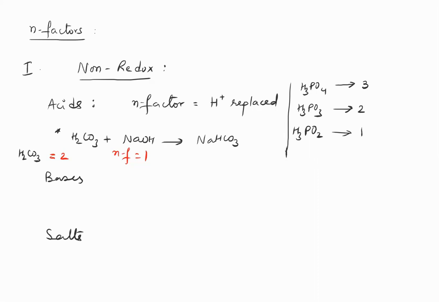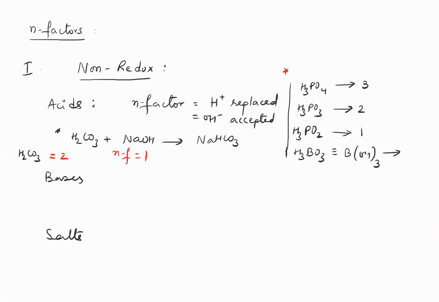And then one last example is H3BO3. In H3BO3 also, looking at the 3 hydrogens, you would expect it to show N factor 3. Sometimes it's also written like this to confuse you, but please don't get confused. It is not a base. It is still an acid. It's boric acid. And instead of the number of H plus replaced, it is number of OH minus accepted. So you can also say N factor is number of OH minus accepted.